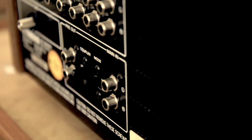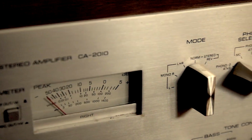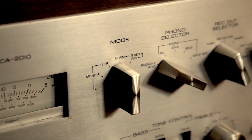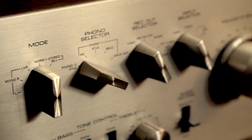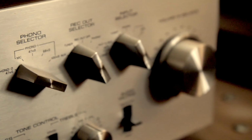The 2010 also has the ability to work as a preamp or power amp, meaning you can run this bad boy straight to another power amplifier and bypass the power section. Or you can do the opposite and bypass the entire front end and use a totally different preamp. Bottom line, the 2010 is jam-packed with more flexibility than most people would know what to do with. Priced at $800 in 1978, the CA2010 would fetch an easy $3,000 when inflation is taken into consideration,